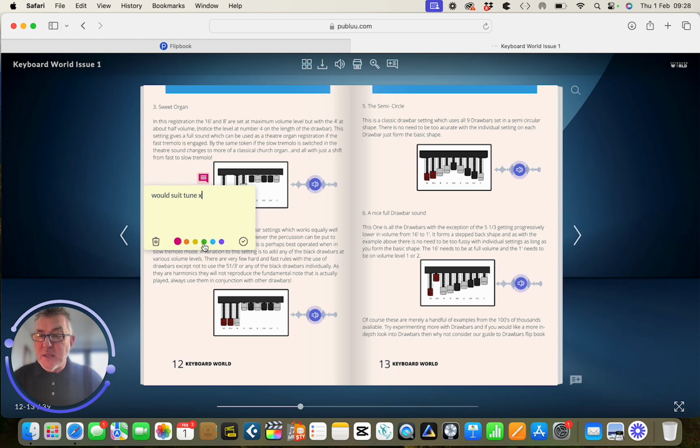You can change the colour of the post-it note if you want to. And if you've finished with it altogether, you can pop it in the bin. But I think that's a great idea because you can make little notes for yourself as you go through the magazine. One of the other icons at the top while we're here that I think will be incredibly useful is